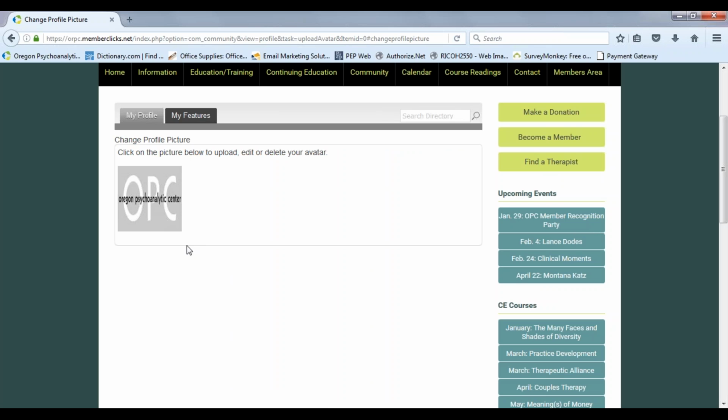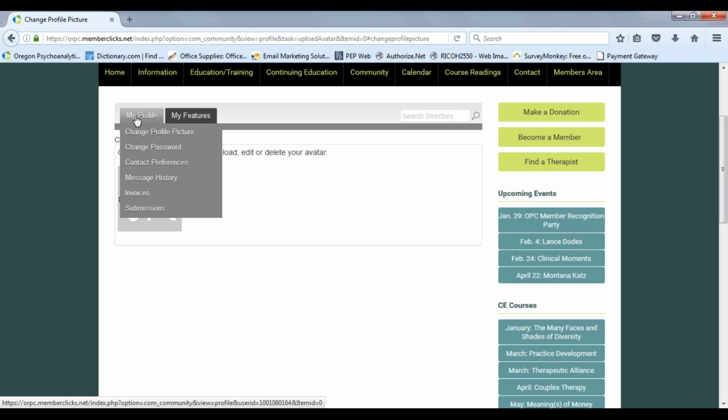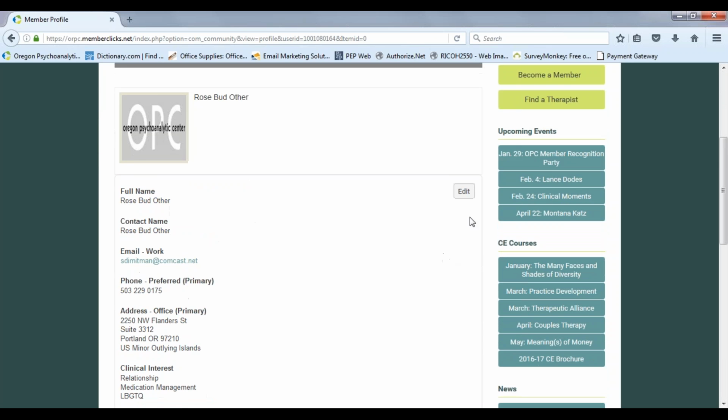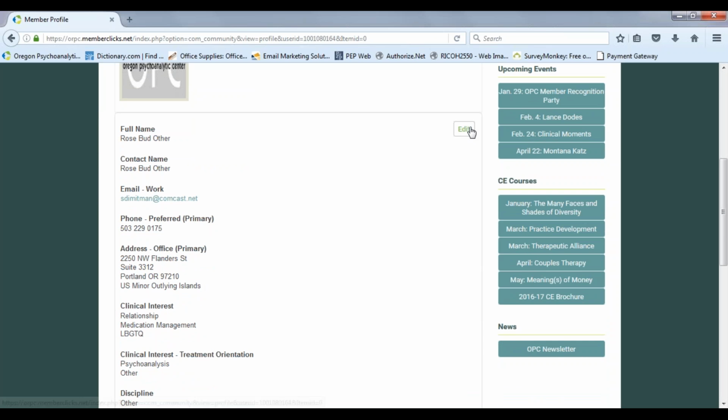The next thing you'll do to get back to that home page, you'll just click this top tab where it says My Profile, and it will take you back to your profile page, and there you should see your picture and your name. To edit your profile, you'll click Edit,